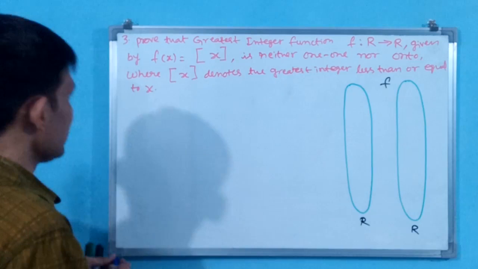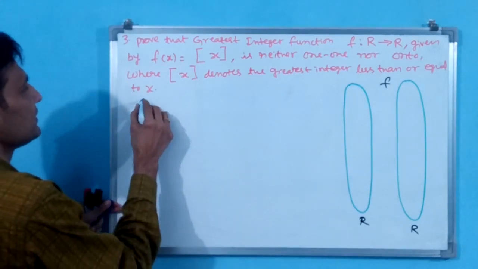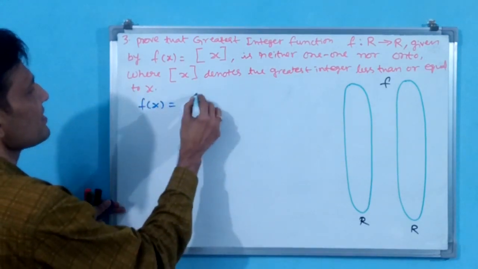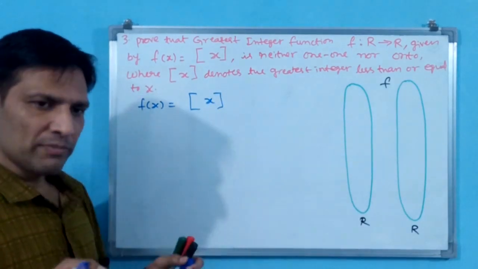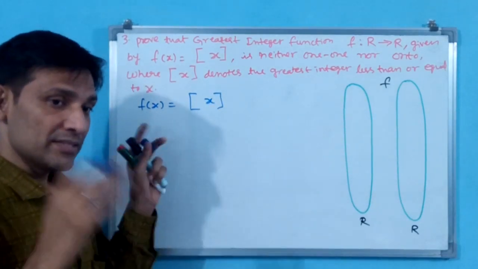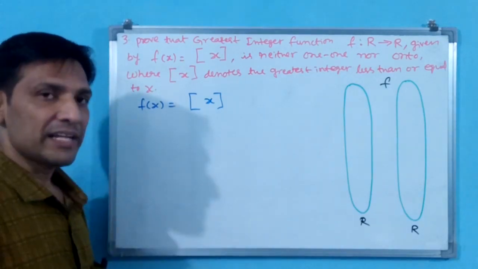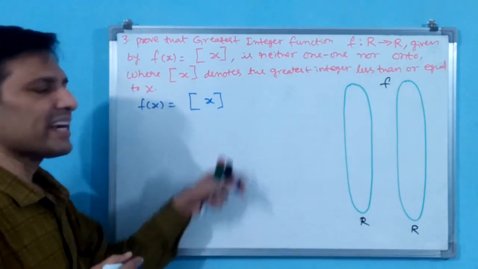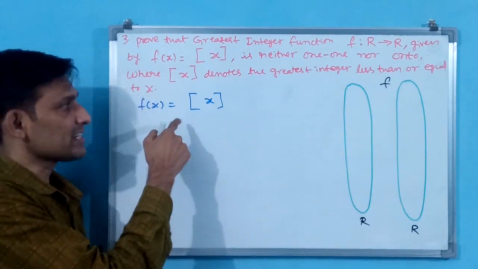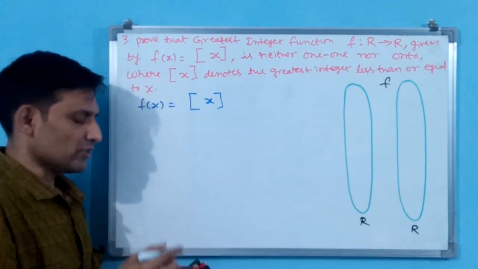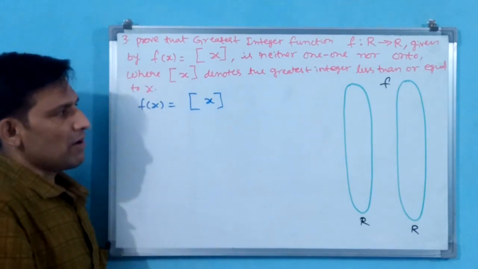Now you come to the function. The function here is the greatest integer function. Now there is no bracket, but you can also call it bracket x; still it should be in your mind as the greatest integer function, greatest integer x. Like that you can call it. Okay, now one by one I give.